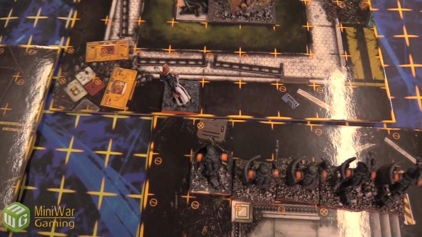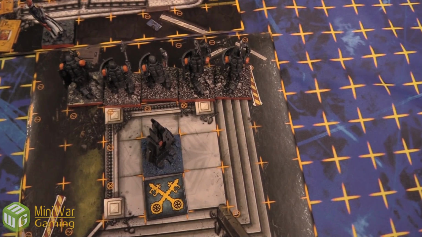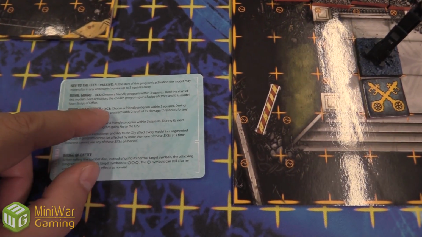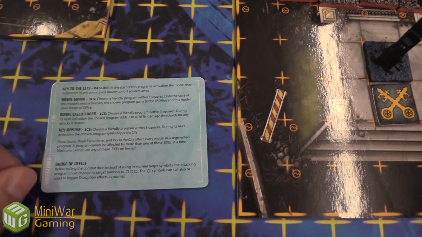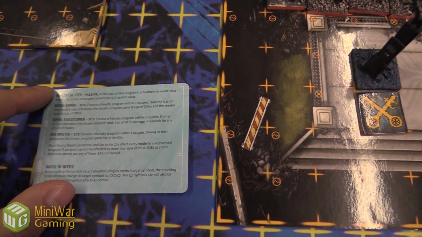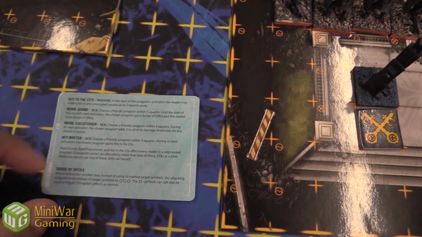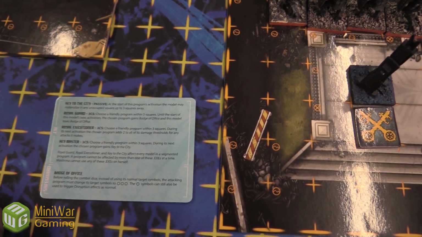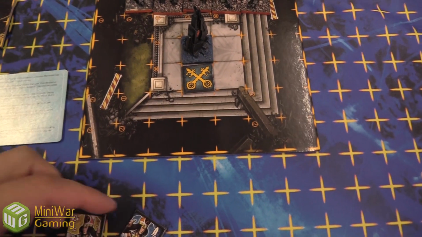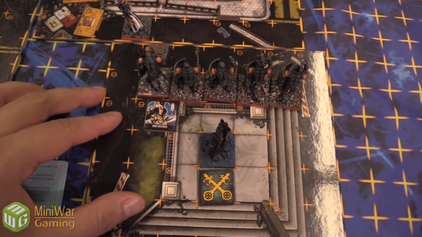Now to use her EXE abilities and pass off some cool effects onto this unit of Praetorians. The first one that we'll do is Royal Executioner. As we can see there, it is -3 CS, which means it costs 3 cycle speed to use, and it says choose a friendly program within 3 squares, which they are. During its next activation, the chosen program adds 2 to all of its damage thresholds for any attacks it makes. And so we have a nice little token here, Royal Executioner, to let us know that they have been buffed